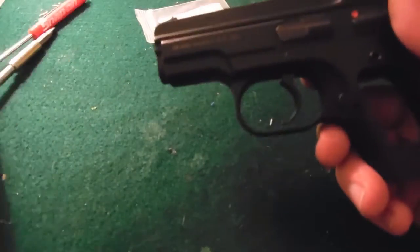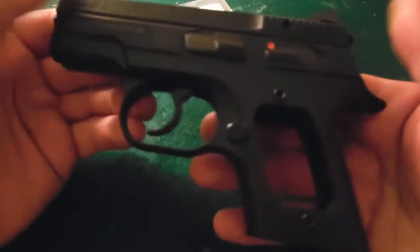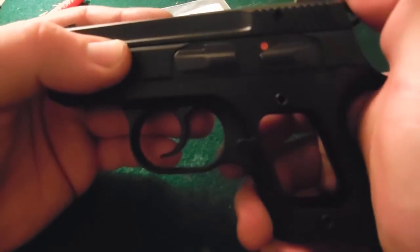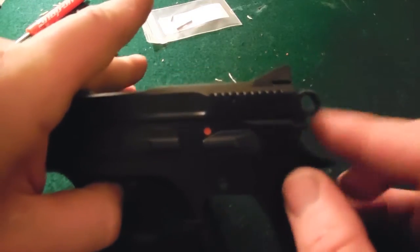So we got the grips off, and the field strip is a little tricky for some people. There's not, I guess, much information on it. But what I've found and read, you basically go to half cock, basically push the slide back until the slide touches the hammer. And